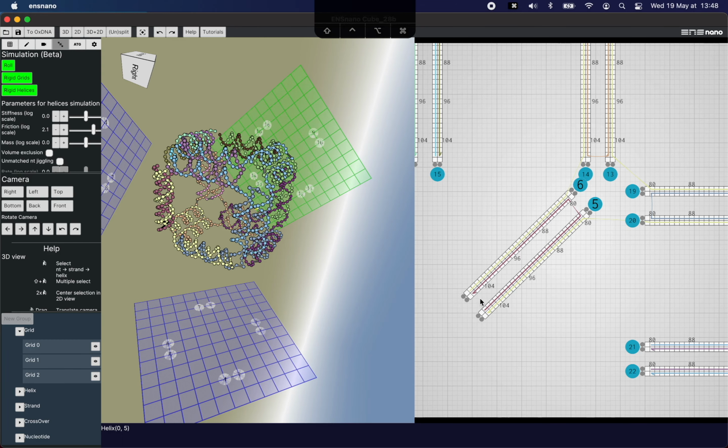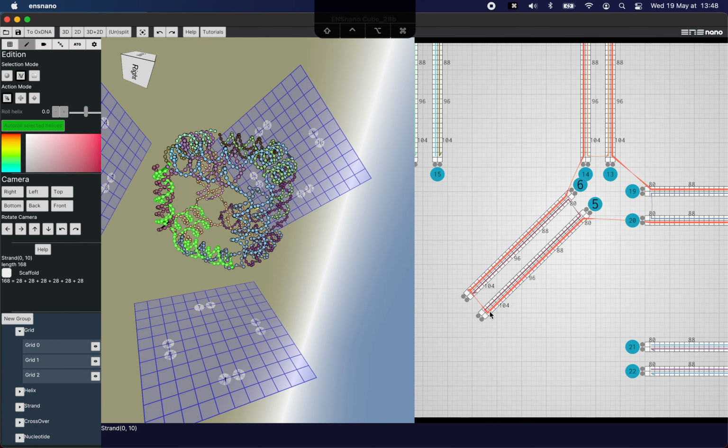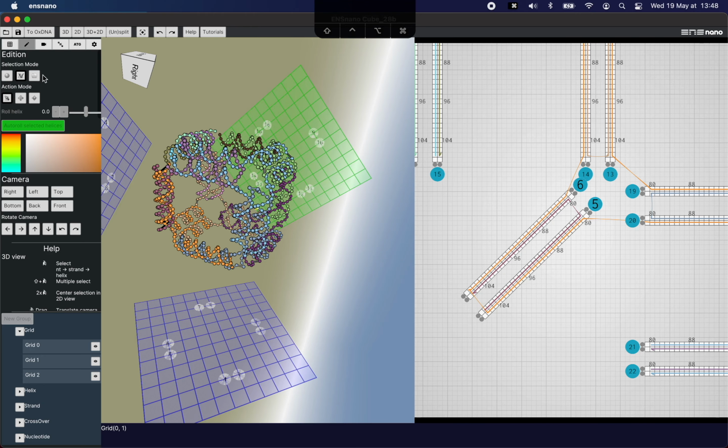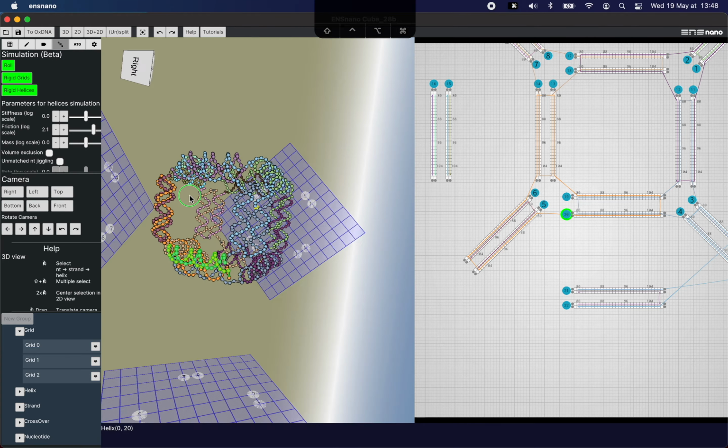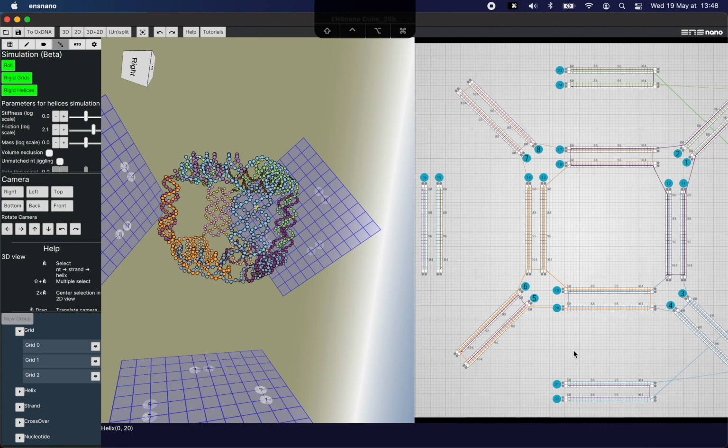Okay, I couldn't see it because it's too light. Maybe I will change the color of this strand because it's really hard to read in the 2D view. So let me just choose some pink color, I don't know, maybe an orange one, like this. Okay, good. Perfect. So let's go back to VLX mode. Okay, so this is done. Let's do a little roll to check that everything is fine. Everything looks perfectly fine.